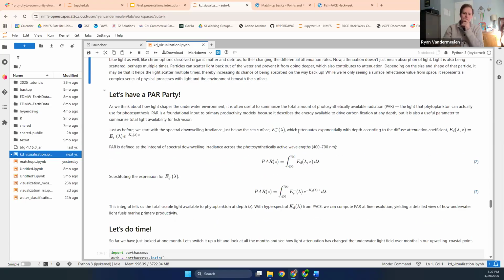So, all right, moving on from that. When we think about light underwater, it can be helpful to summarize the total amount of photosynthetically available radiation, or PAR. This is basically the light that phytoplankton can actually use to power photosynthesis. PAR is a cornerstone for primary productivity models because it tells us how much energy is available to fix carbon at any given depth. But it's also handy for thinking about fish vision in general and general light availability underwater,